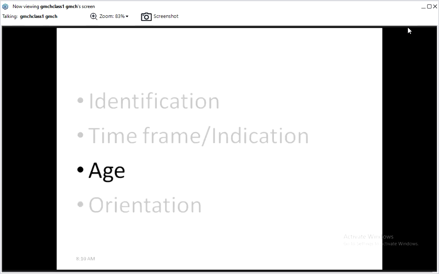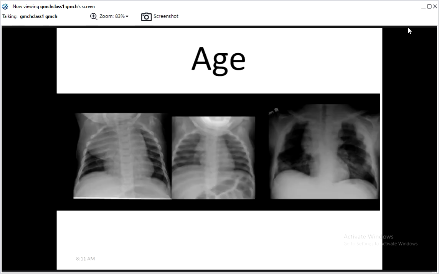Okay, the next thing is age. Why is age important? Here you see 3 X-rays. What is your interpretation? Looking at them, it seems that this is the most bad X-ray. Whole of the right hemithorax is opaque. This is also bad, and this is also bad. But this is the most bad X-ray. But when you reevaluate these X-rays and come to the age of these children,